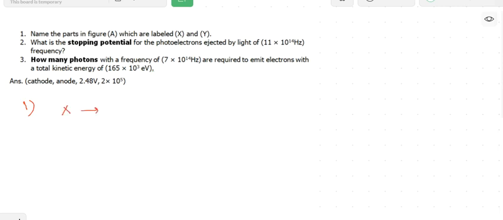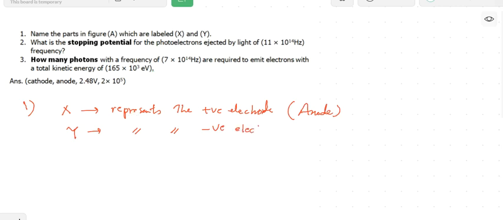So for part number one, X represents the positive electrode, or anode, and Y represents the negative electrode, which is cathode. He didn't ask for justification. The justification is as mentioned before, but here the question is not asking for it. Part two: what is the stopping potential for photoelectrons ejected